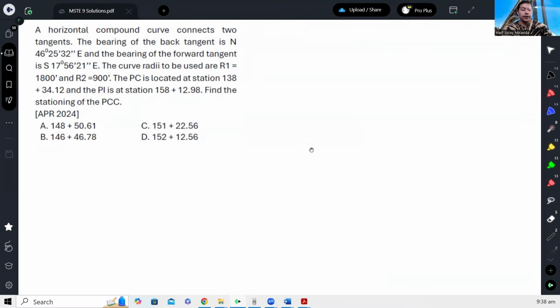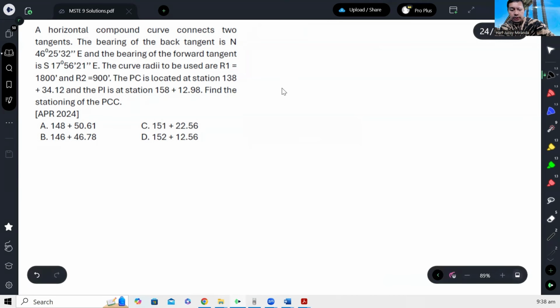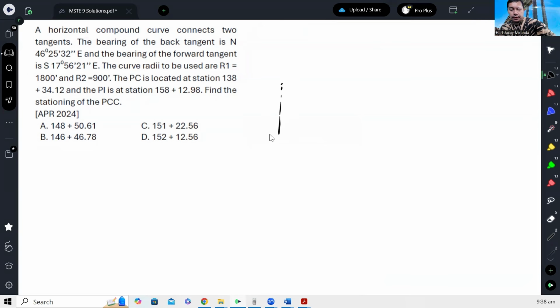And the bearing of the forward tangent is 17 degrees, 56 minutes, 21 seconds east of south. So, drawing muna natin yun. So, ito kunwari yung north. So, 42 degrees, 25, 32. Okay? East of north. Tapos, yung bearing naman ng forward tangent,